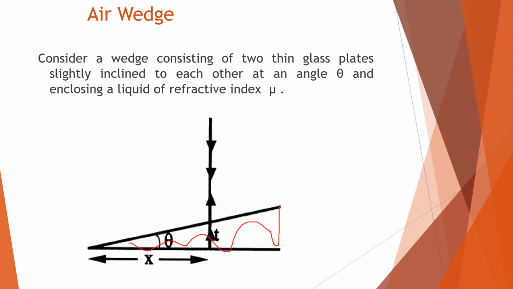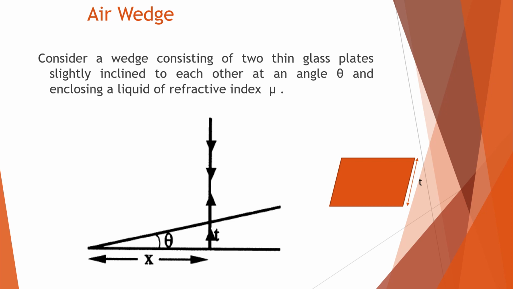We will then say that this is an air wedge. So initially when you start this essay, you are assuming that there is a liquid between the two inclined glass plates. Also, one more thing regarding the shape of fringes. In Newton's rings, fringes were in the shape of concentric rings, that is, we had alternate dark and bright rings. The fringes were in the shape of a circle because the air film was actually in the shape of a hollow cylinder. So when you look from above, it was the locus of all the points which had the same thickness of air film. It was in the shape of a circle when you look from above. So we had circular fringes in the case of Newton's rings.